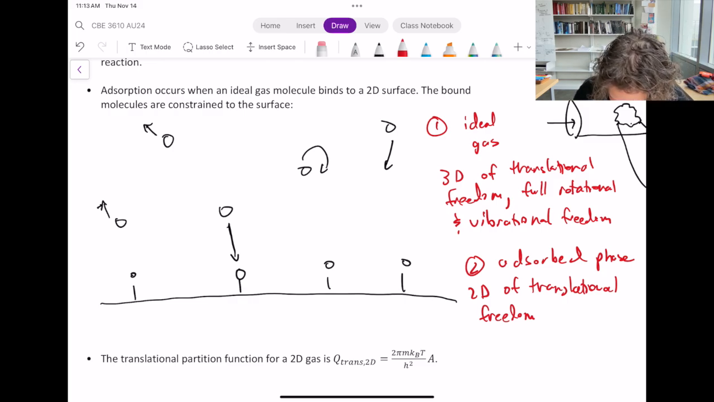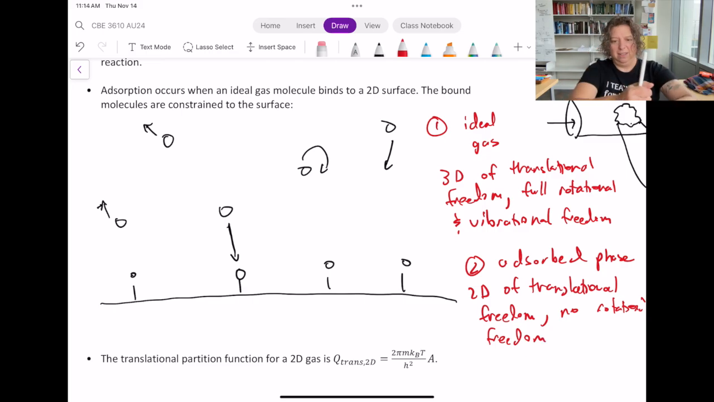Let's say these molecules have no rotational freedom. That is an approximation, but if you're stuck to the surface, you probably can't rotate. It's actually called a hindered rotor, but we can assume that they have 0. And now they honestly have new